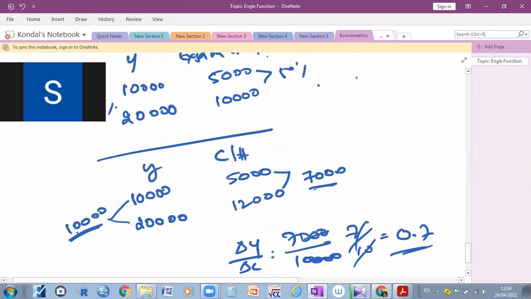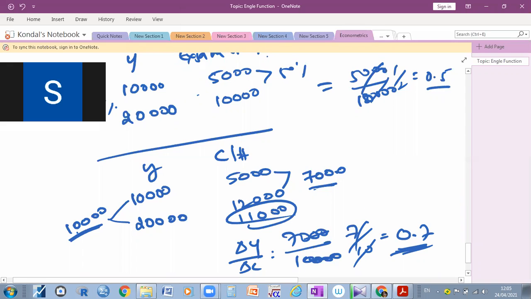Here, if you take earlier, 5,000 by 10,000, so 1 by 2 is equal to 0.5. Here it is the same proportion, whereas here it is not the same proportion, but approximately more or less the same. For example, sometimes Sahaya has spent 12,000, some people have spent only 11,000, and some people may spend only 9,000 when your income is double. Am I right, Sahaya? Because the consumption level is different from person to person, household to household. I hope you understood.